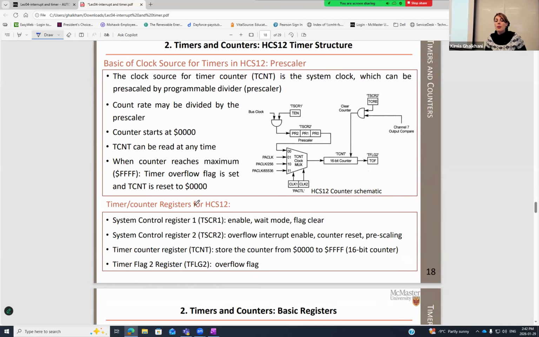This is what you are not able to see yet, but I explained to you what is the TCR1, TCR2, and I'm going to just explain it again in here. So this is the main bus clock. For us, the bus frequency is something at around, what is the bus frequency for us? Bus frequency is the crystal frequency, I said it during the lab, divided by 2. I'm going to calculate it for you. The bus frequency